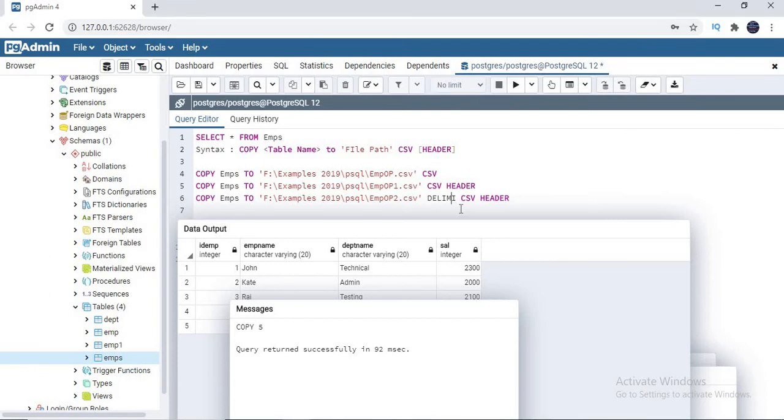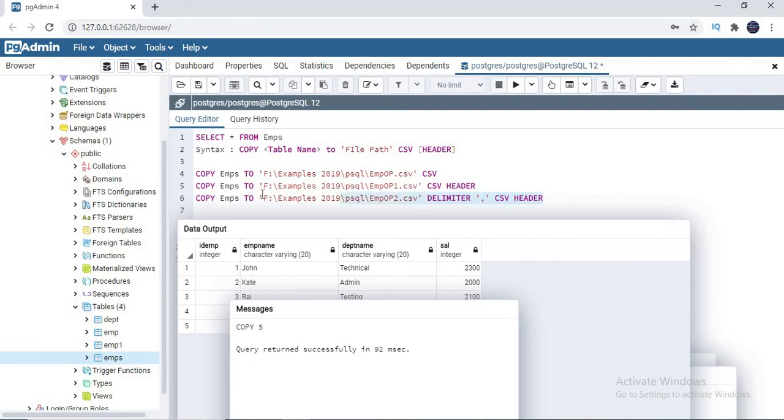Yeah, let's specify a delimiter. Okay, so what delimiter do you want? By default, let's keep it as a comma. Okay, so there is no change here. Whatever data you got here, the first output is without header, the second output is with header, and in the third output I am specifying a delimiter as some special character.